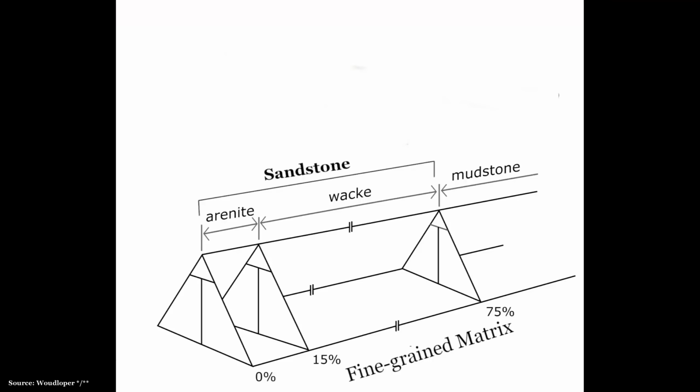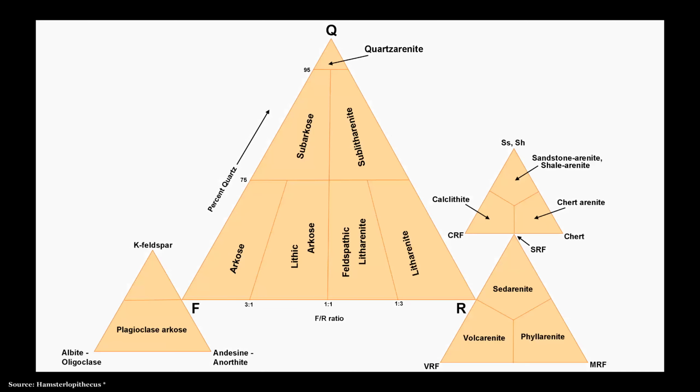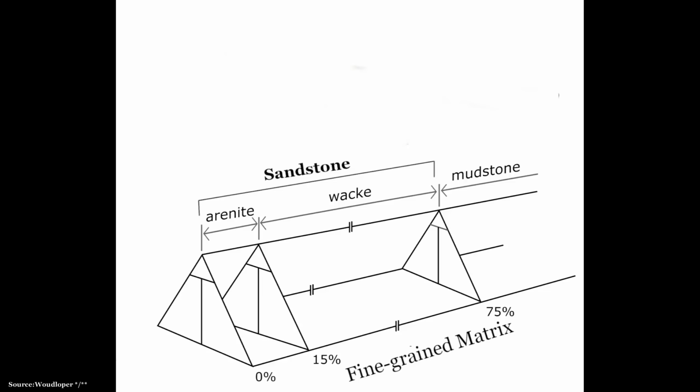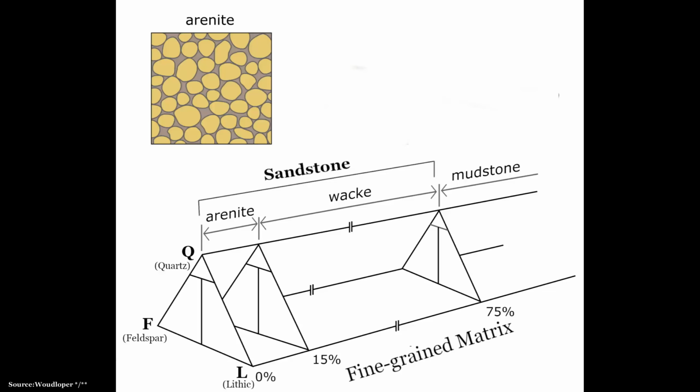Sandstones can be classified into arenites and wackes, though there are a few other classifications within these two. What determines whether a sandstone is an arenite or a wacke is composition, grain size, and grain shape. Arenites have relatively large grains, ranging from a couple of millimeters to a few centimeters. They are well sorted and can be fairly round, with exceptions, and usually there is only a small amount of